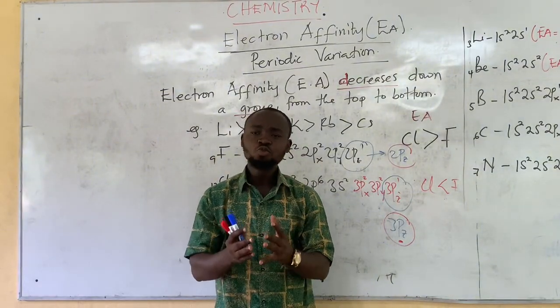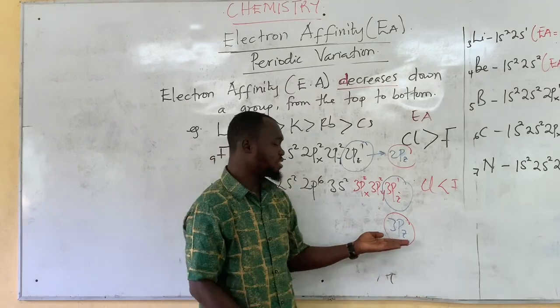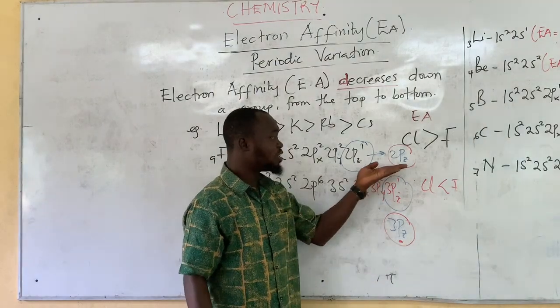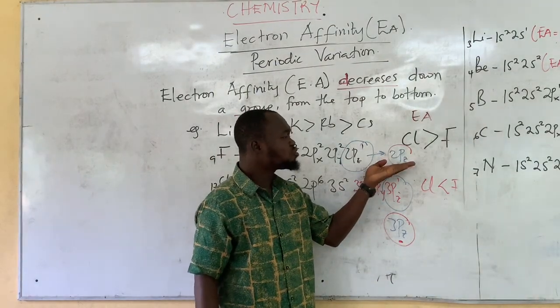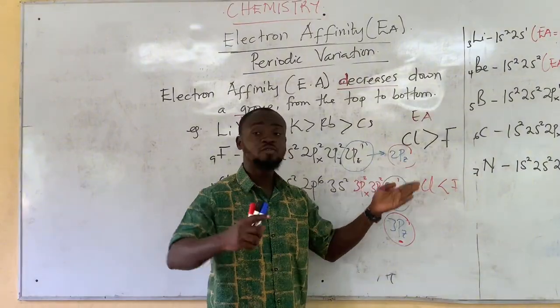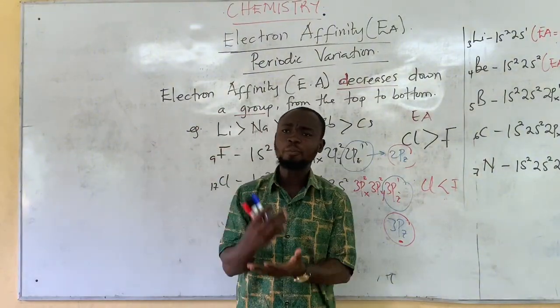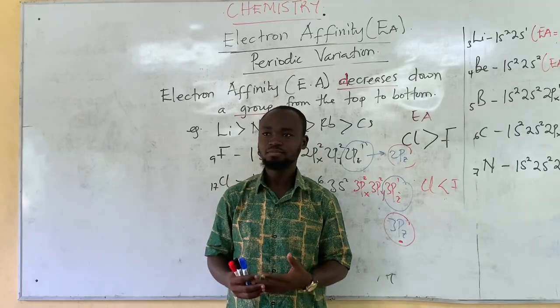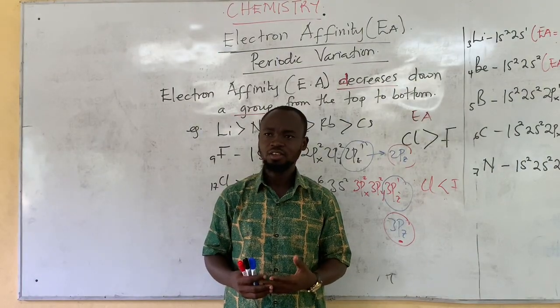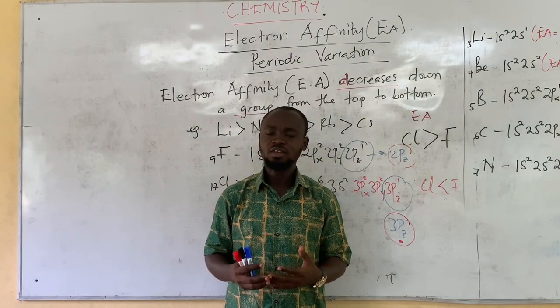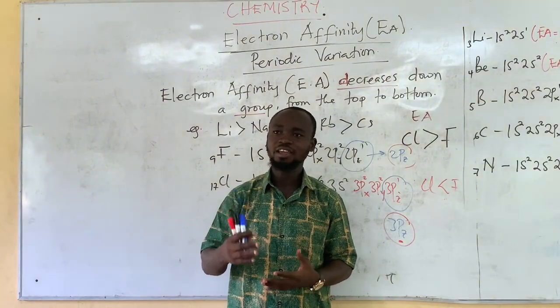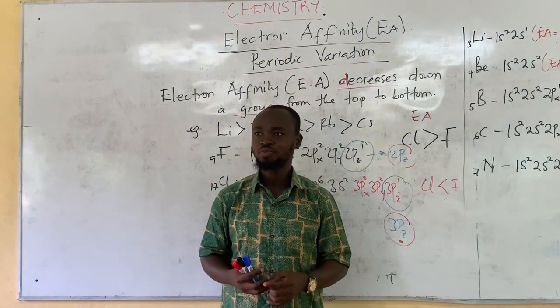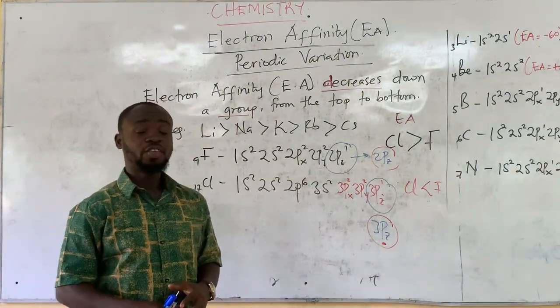Is that okay? So due to the orbital size of the 3pz atomic orbital and the 2pz atomic orbital, electron repulsion in the 2pz will be very high. And once electron repulsion is very high, it affects electron affinity. Is that okay? Do you get the point here? Once electron repulsion is very high, it affects electron affinity. So, in summary,